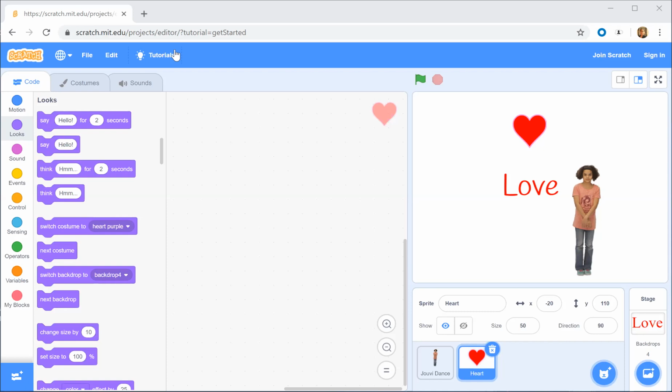Sir, can you please wait for 1 minute? I deleted it. Yeah, I'm waiting for Sagarika also. But others, please make sure you have added the heart sprite also. Yes, sir. Okay, Vihan, if you can share your screen.